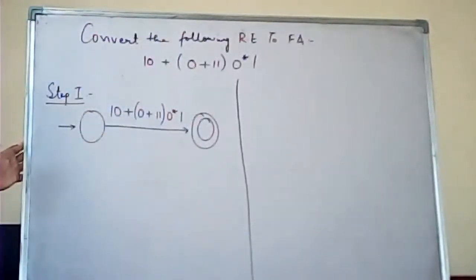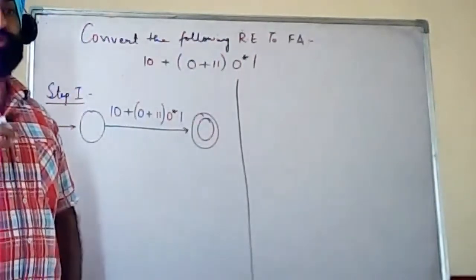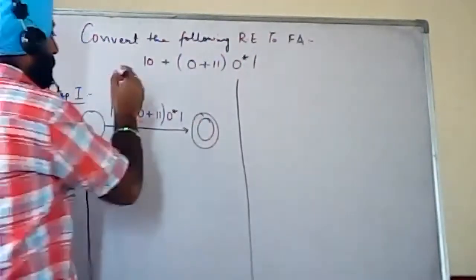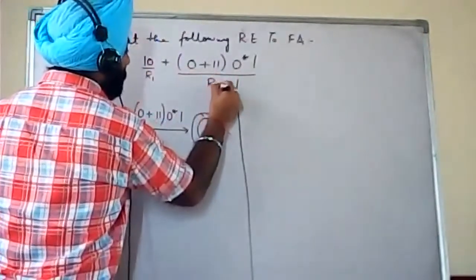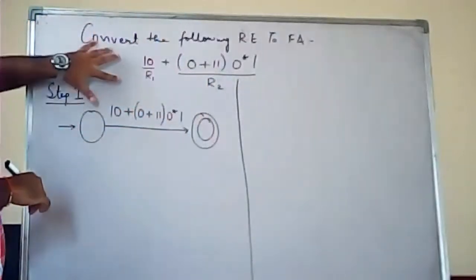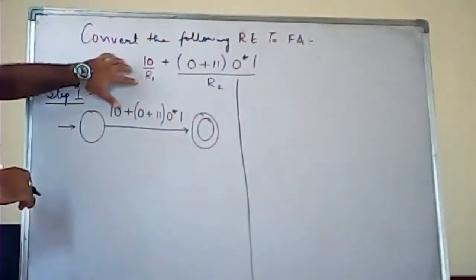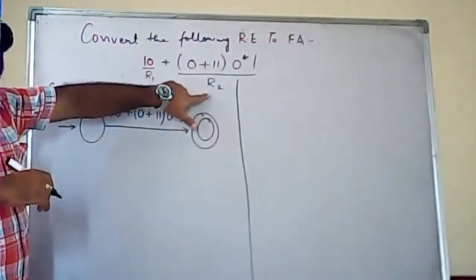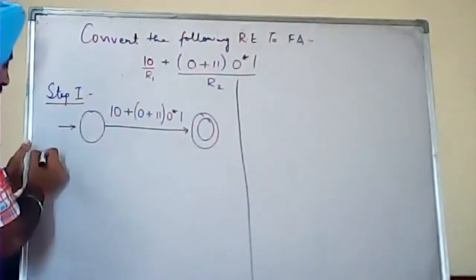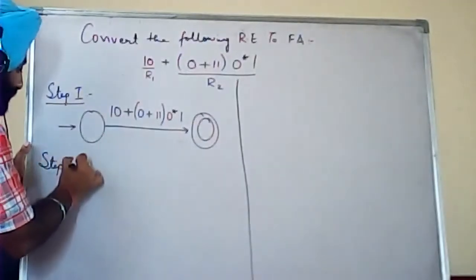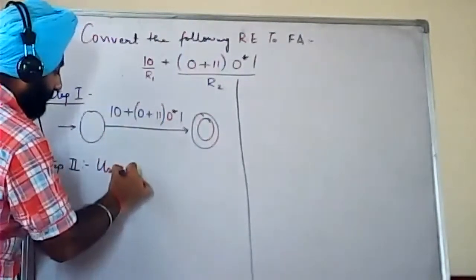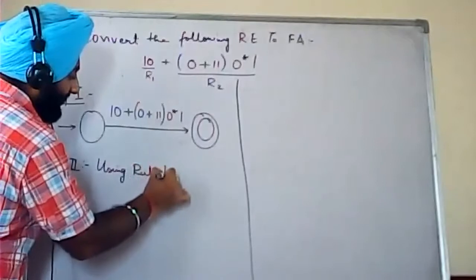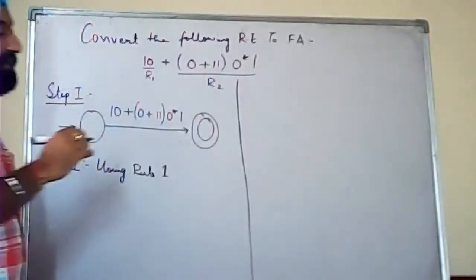Right? So after this you have to bifurcate your expression into two parts. Let's suppose this part is R1 and this complete part is represented with R2. So the first rule which we are going to apply is R1 plus R2, right? So step number 2, by using rule number 1, that is for P plus Q,